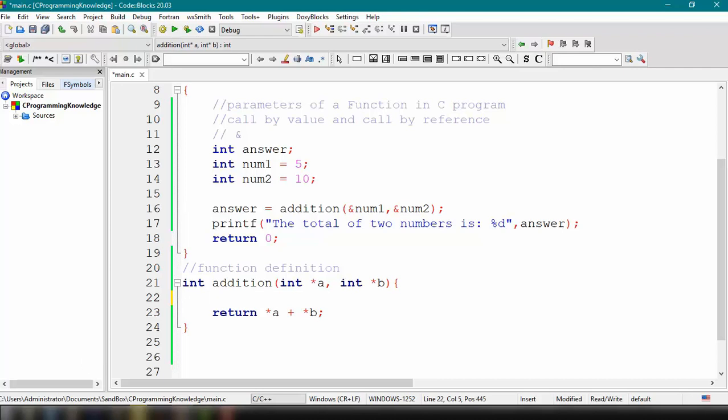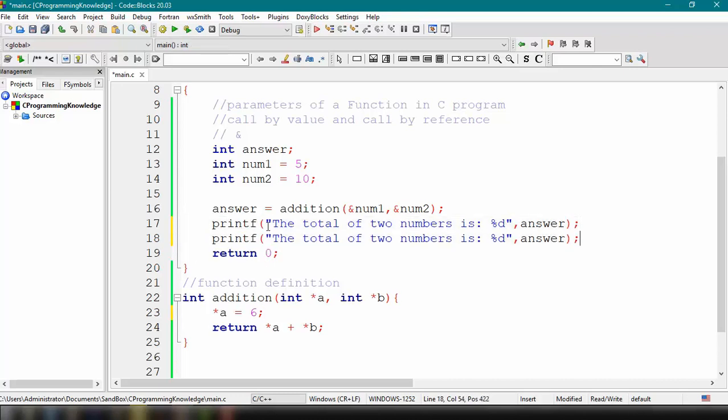Okay, so we could do that by using this particular variable argument. We could add here the variable a, and then we could say 6, then semicolon at the end, and we could try to display the value of our a. So the value